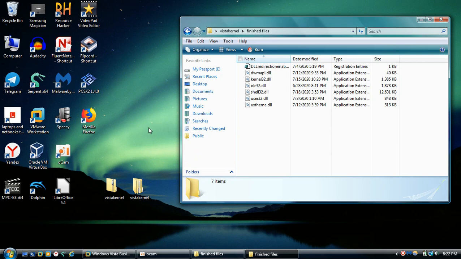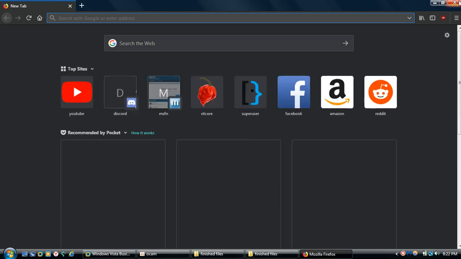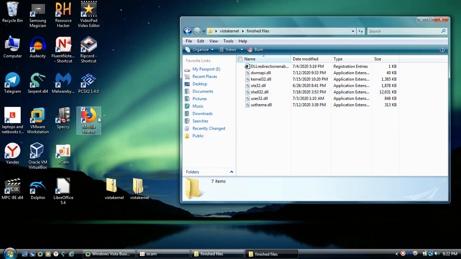Sorry about that. I don't want to risk messing up my system here. So what have I done here to get Firefox working? Here's how you do that. So you want to